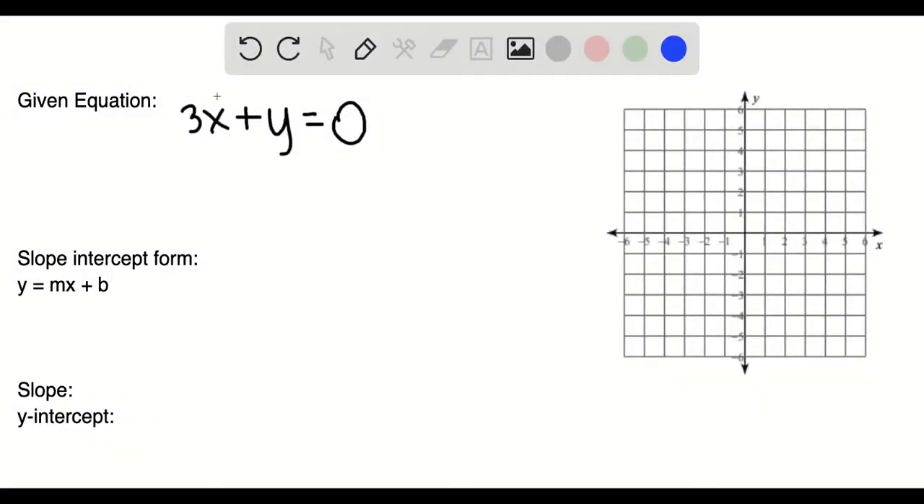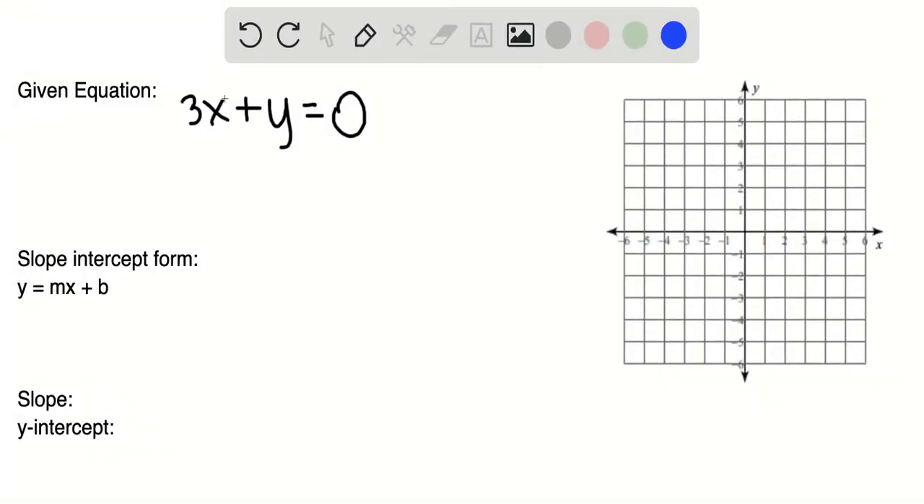Right, in this problem, we're given the equation 3x plus y is equal to 0. What we first want to do is write this in slope-intercept form. Once we have it in slope-intercept form, we will use the slope and the y-intercept to graph over here to the right. So slope-intercept form is y equals mx plus b. M is the slope, b is the y-intercept,